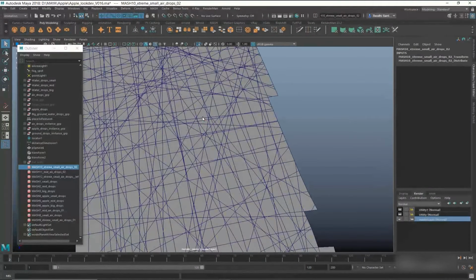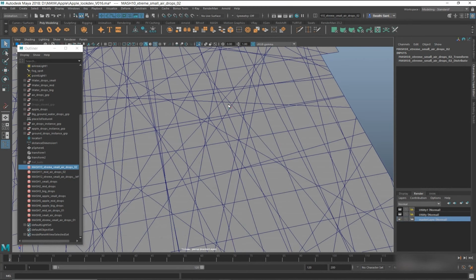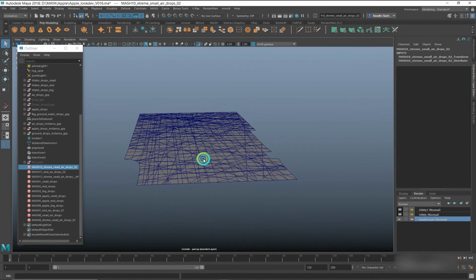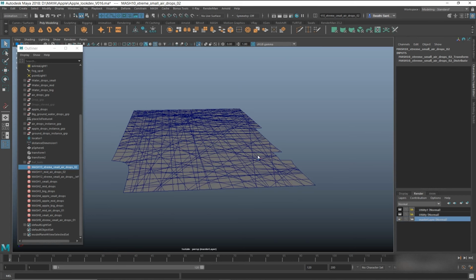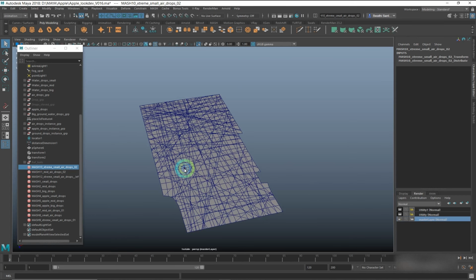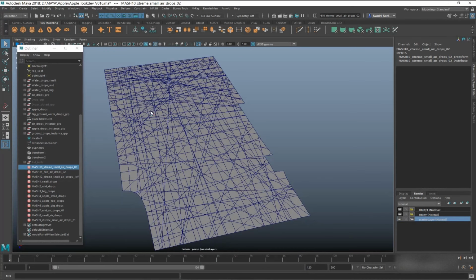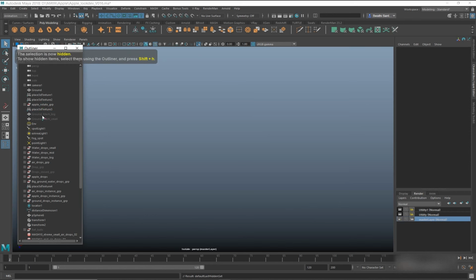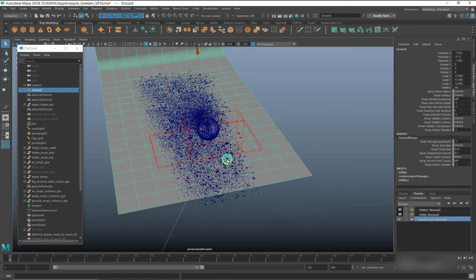So I was creating random vertex points so that we won't feel like the mesh is instanced in rows and columns. To avoid that, I used the cut polygon tool and created a lot of random points here and there. And this I've only used for instancing. The actual mesh that I've used for rendering is really clean.